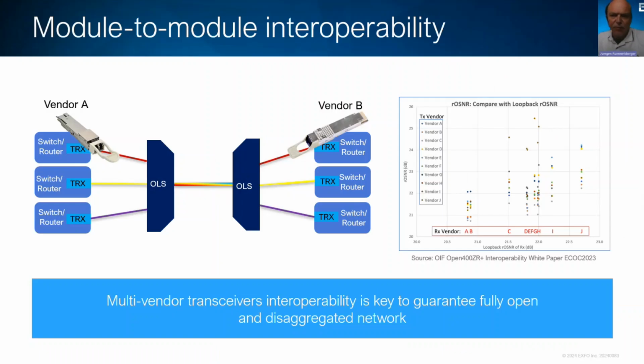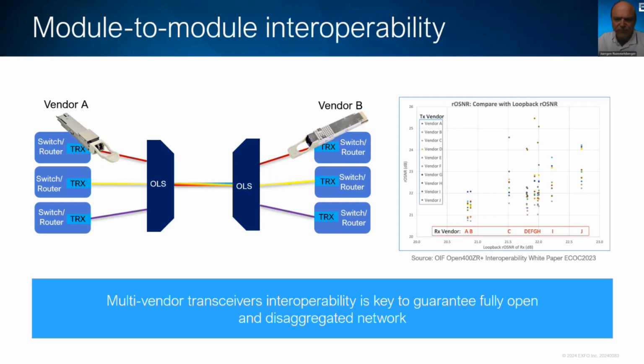The next interoperability level is then from module to module. So here, to achieve a truly vendor-neutral solution and really break the vendor lock-in, the interoperability of the transceivers from multiple vendors is, so to say, a key element to ensure an open disaggregated network